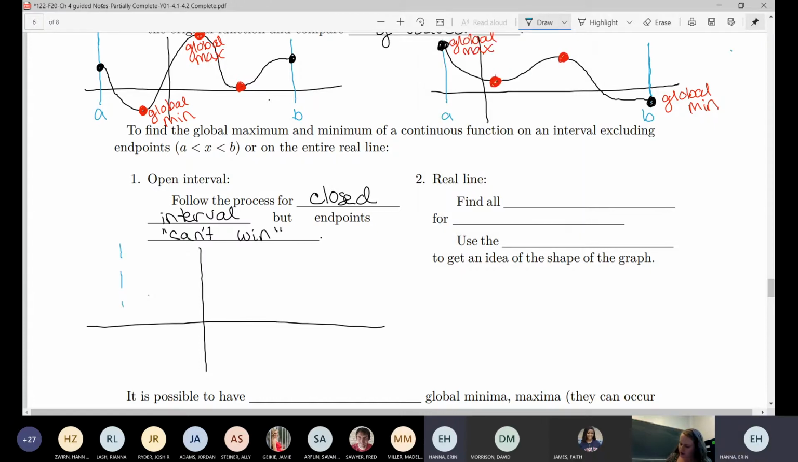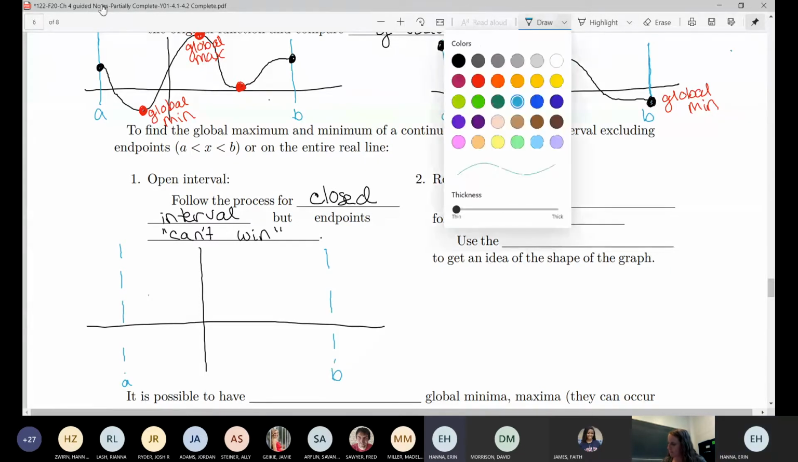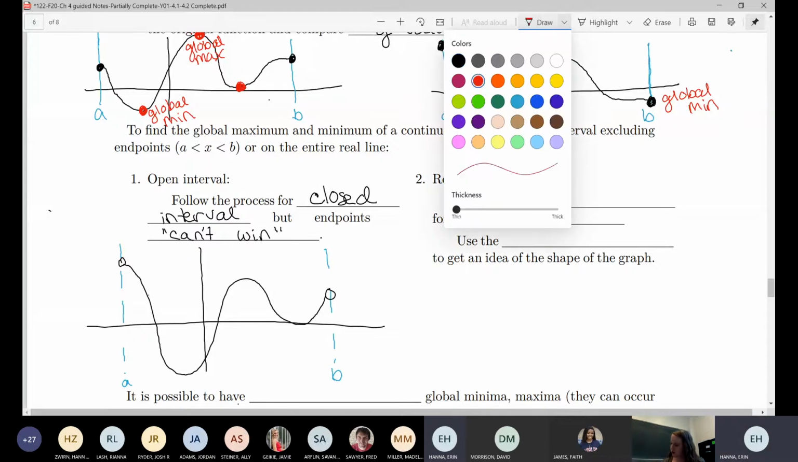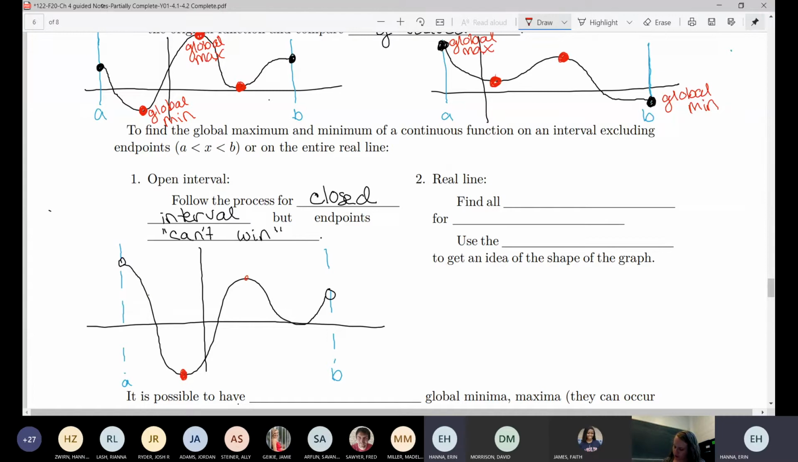So say we're breaking this function up from A to B. And I'm making it dotted lines now to remind us that we can't include the endpoints here. And say my function looked something like this. So we'd have some local maxes and mins, 2 local mins, 1 local max. But if we started to consider global maxes and mins based off of the picture, that first local min would end up being the global min because that y value is lower than absolutely all other values of that